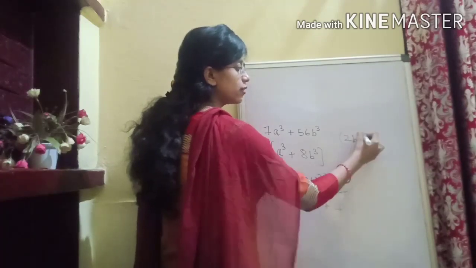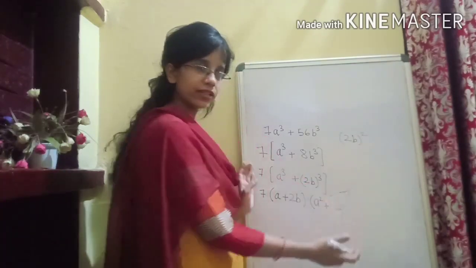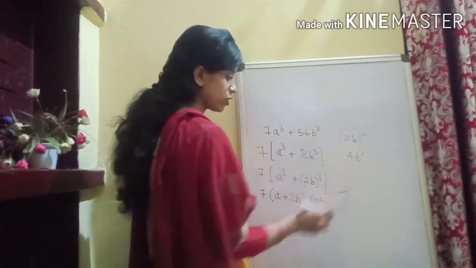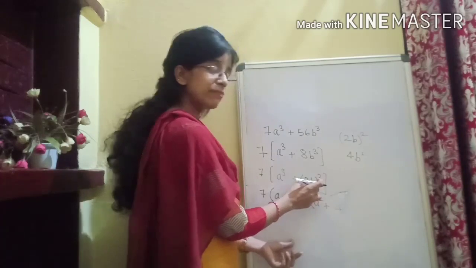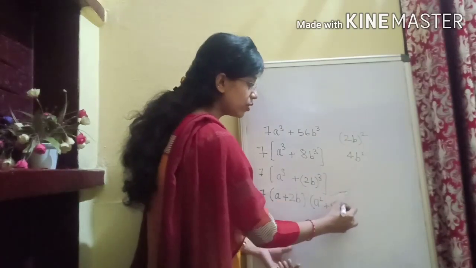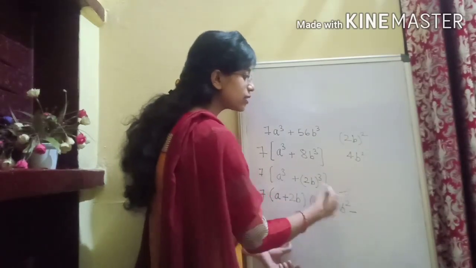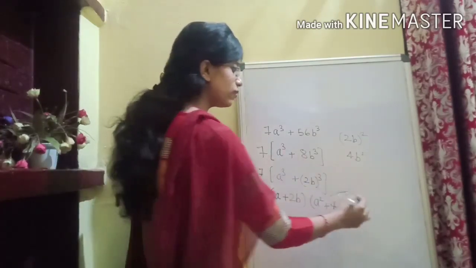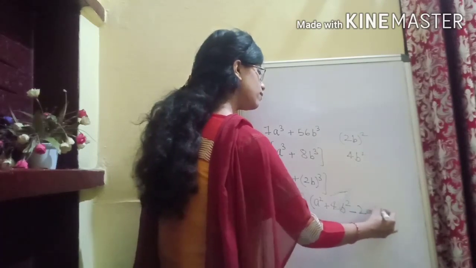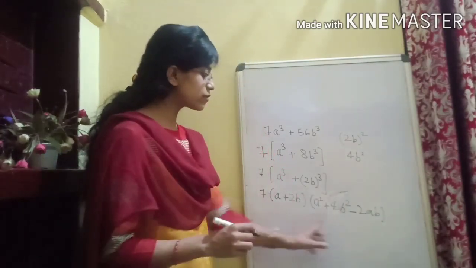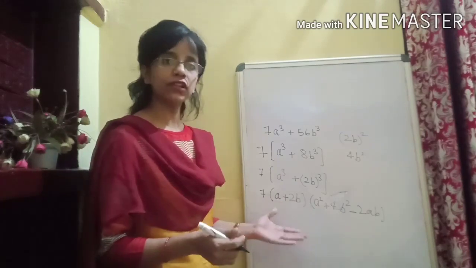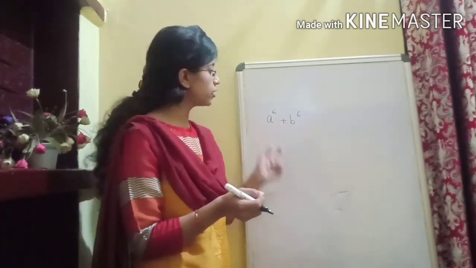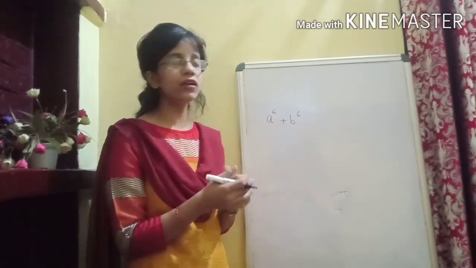I hope you are getting it. 2b square we have to write. I am not writing it, I am just showing you here. 2 square will be 4 and b square will be b square. So a square, b square, since b is 2b, the square will be 4b square minus ab. So your a is a and your b is 2b. So a into 2b will simply be 2ab. And that, since all the terms are in multiplication, so we will leave our answer here, and this is your factorization.